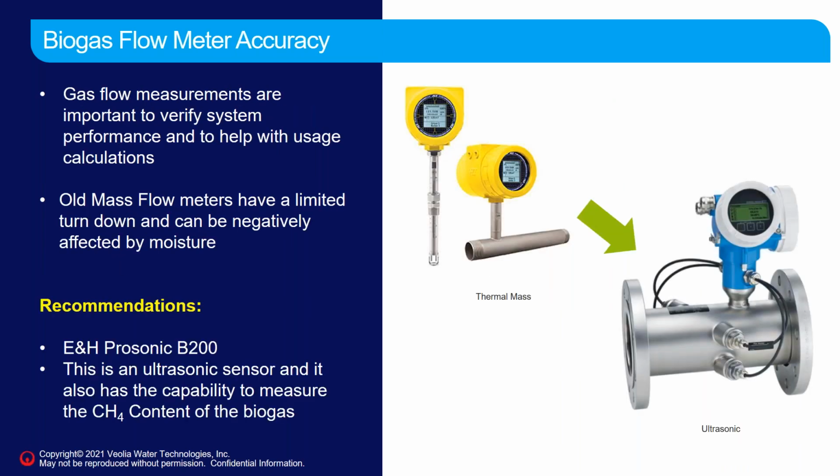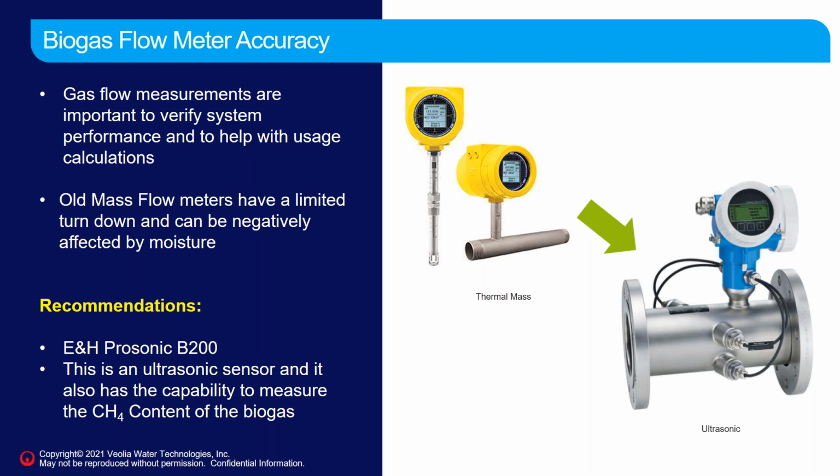Next, biogas flow. So again, this is something in the last 5-7 years. We used to use these thermal mass flow meters. They were pretty much the industry standard for biogas. But again, they're very sensitive. They have to be installed right. They have to be heat traced and insulated like crazy, because if you get moisture on that tip, they don't